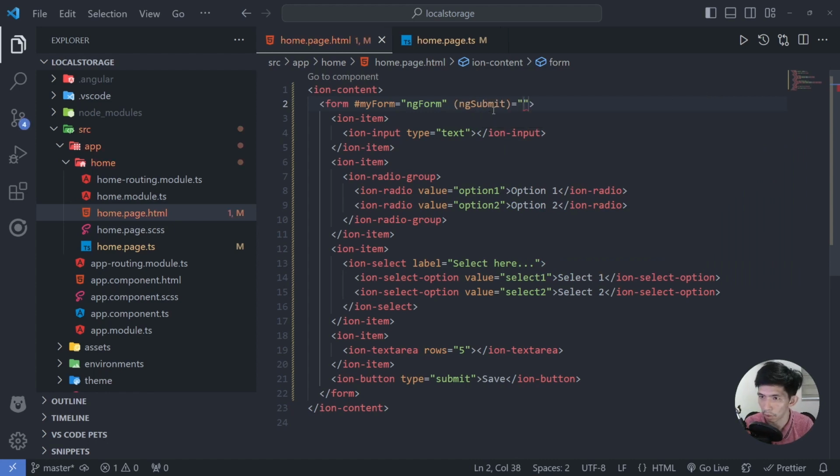And pansinin po ninyo yung ngSubmit natin, gagamit tayo ngayon ng event binding. Okay, so ngSubmit, event binding yan. Again, panoorin yung event binding video, ano yung purpose ng event binding para mas maintindihan nyo yan. So we have ngSubmit, and then